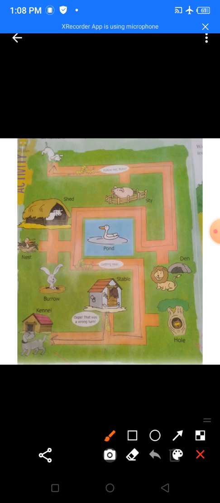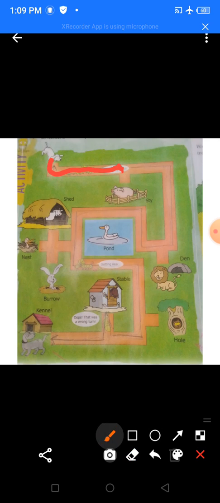Now, she has started following. Okay? So, a caterpillar is helping her out. So, we are going to help Ruby today in reaching her place. So, let us follow the route, and here she met Mr. Pig. Now, Mr. Pigs live in the sty. Does a dog live in a sty? No. Mr. Pigs live in a sty. So, we will not go here, because a dog lives in a kennel and Ruby's mother also lives in a kennel.